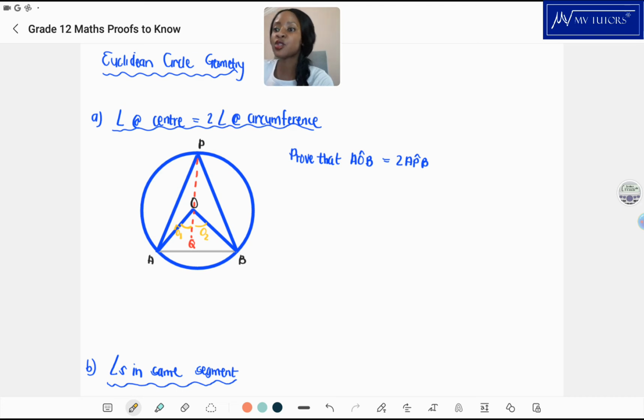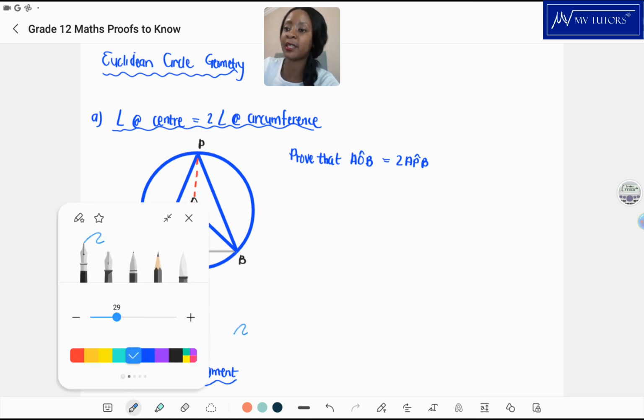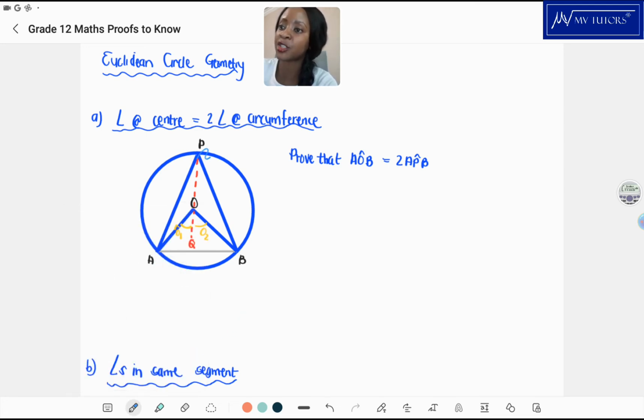So O1, if I look at triangle AOP, O1 is actually an external angle of triangle AOP,